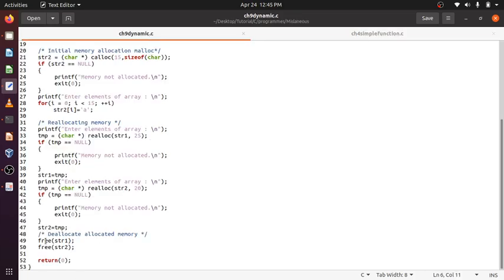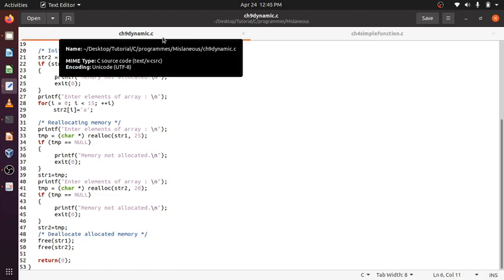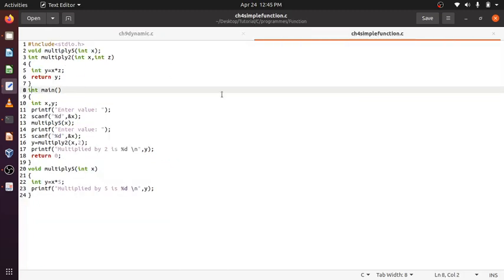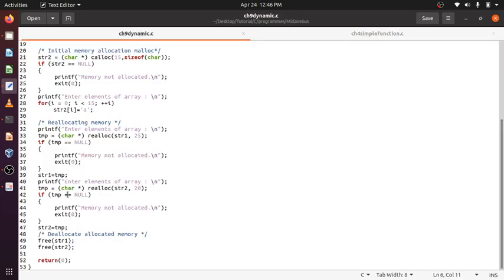But dynamic memory allocation has to be deallocated by a function like this. Otherwise the operating system will keep it till the end, and ultimately I will run out of memory, because stack memory is deallocated automatically, but heap memory is not. It has to be deallocated by the programmer. That's why free. If I execute this program,